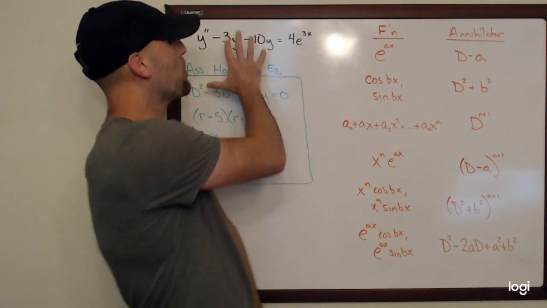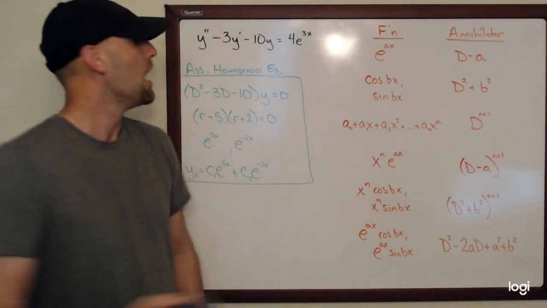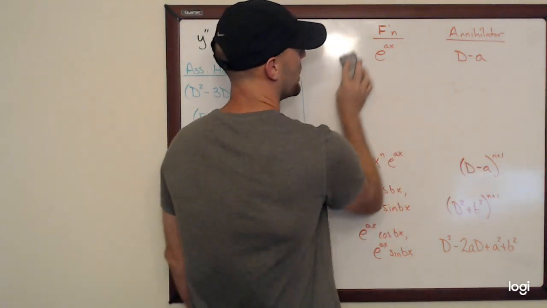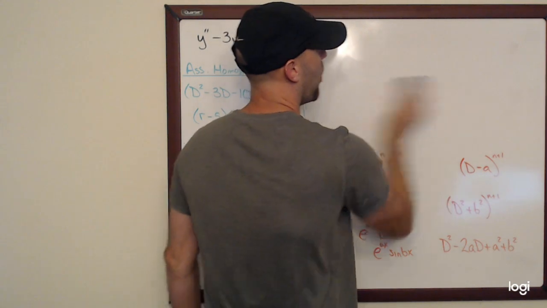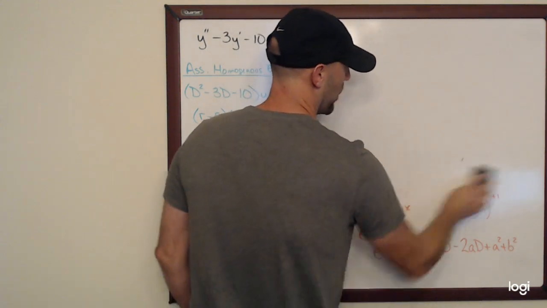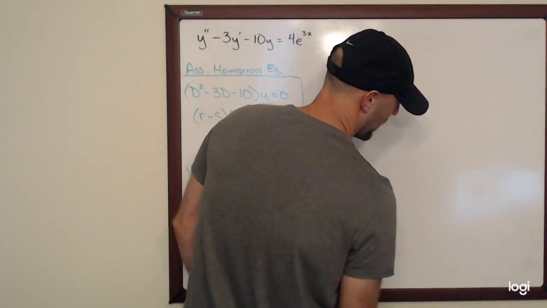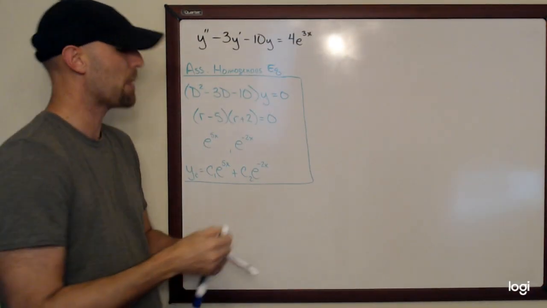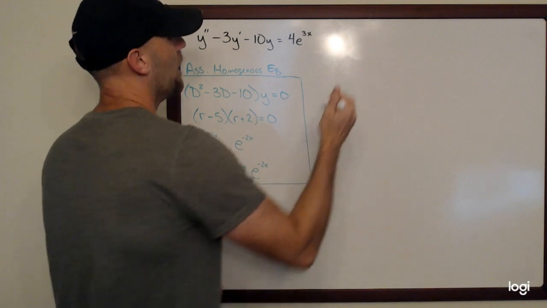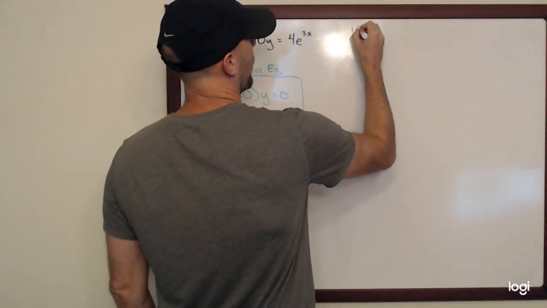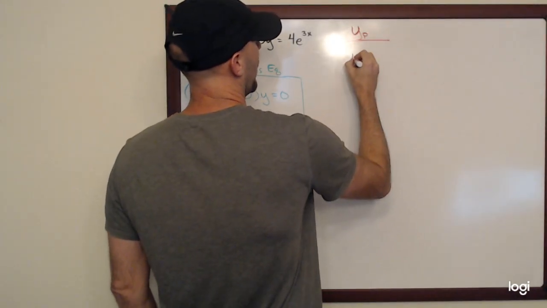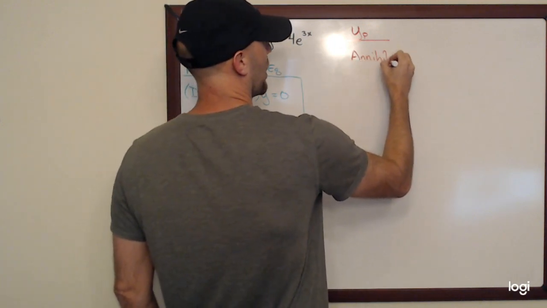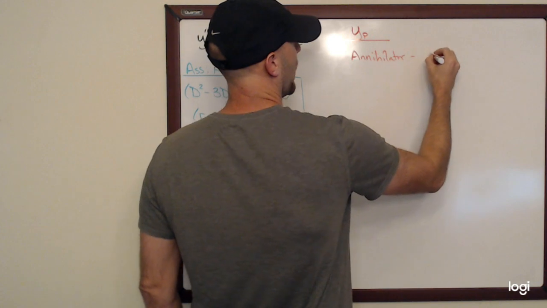Okay, now let's go back to the problem we were working on. Specifically, we want this annihilator. So I would like to find y sub p. Now I'm going to do so by using my annihilator here. So let's see, y sub p. All right, so the annihilator for the non-homogeneous portion is